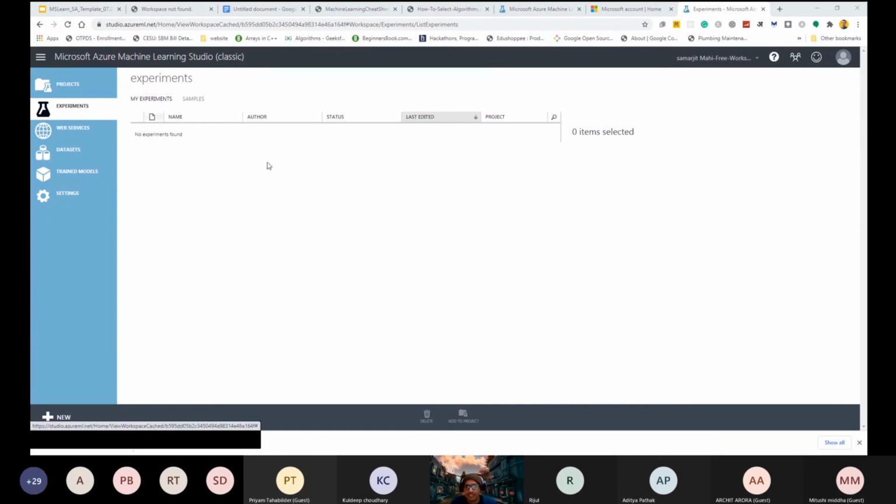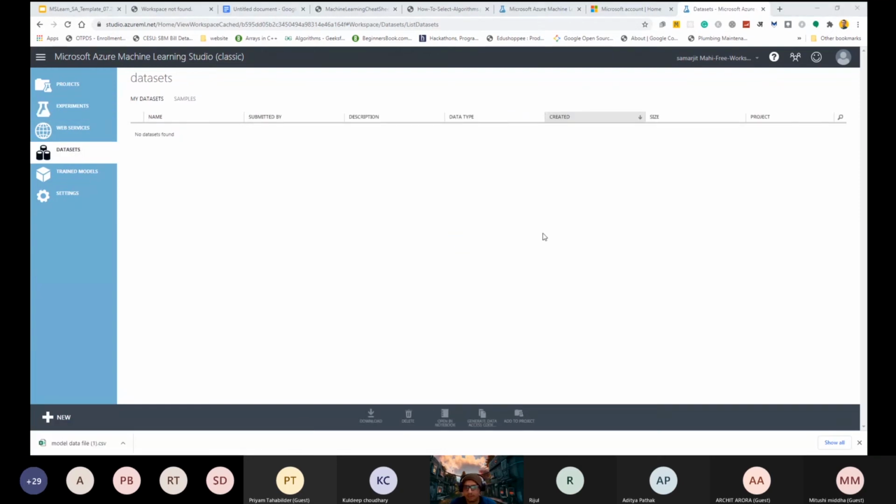So basically, in the experiment part, we are creating our model, and in the dataset part, we will upload our dataset, which I have shared on WhatsApp or on the mail ID. In this course we are going to be using a real estate dataset, and you are going to be uploading it from this interface. So this is the interface.